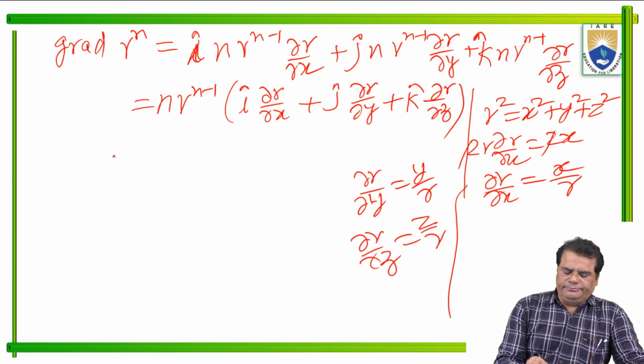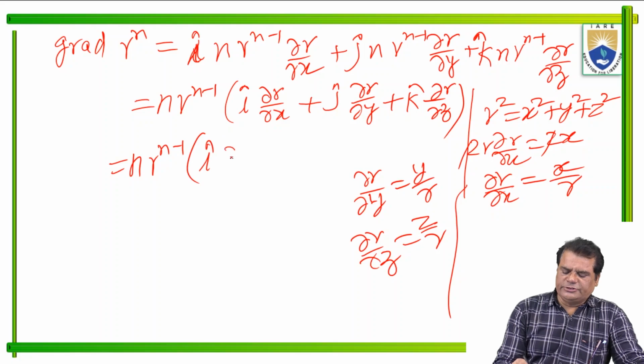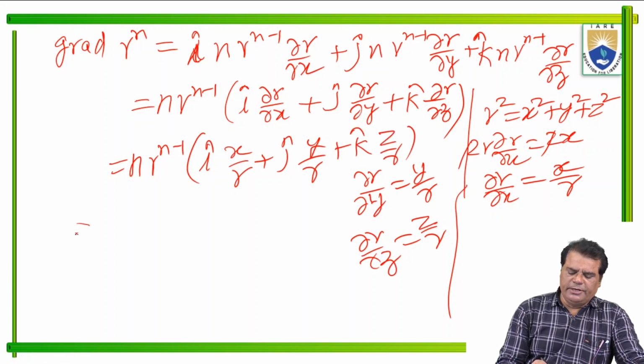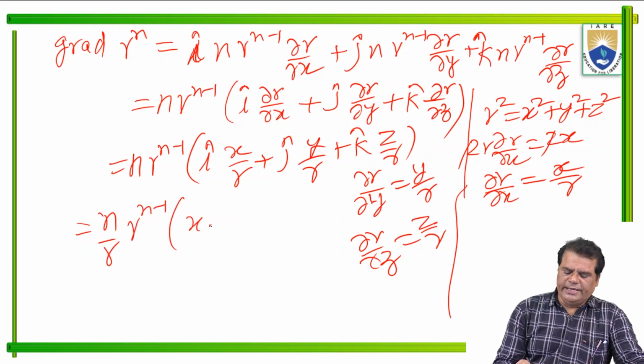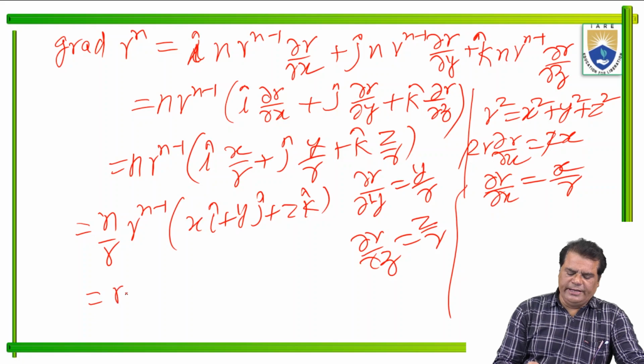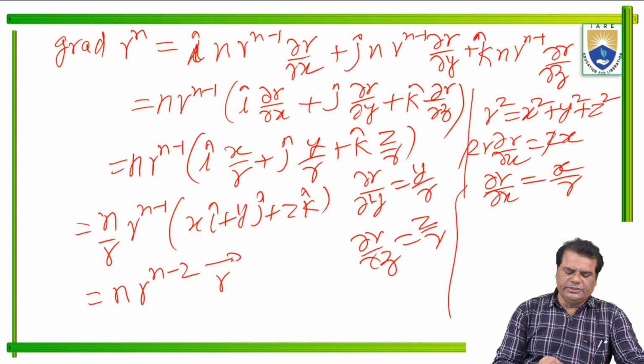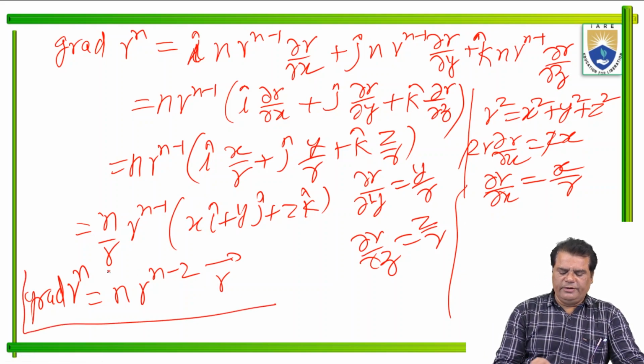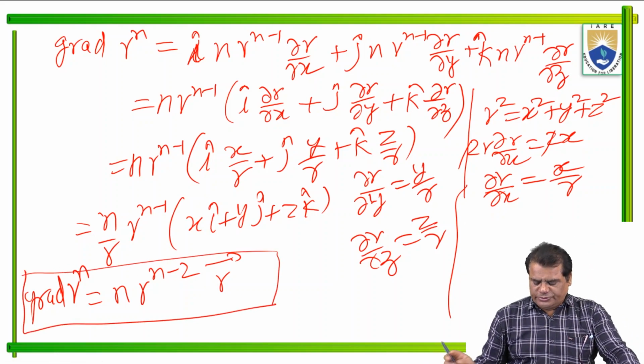Putting these values here, n r to the power n minus 1 times i x by r plus j y upon r plus k z upon r. So 1 by r is common, giving n r to the power n minus 1 over r times xi plus yj plus zk. So here we get n r to the power n minus 2 and this is the vector r. This is grad r to the power n. First of all, we find this result. Now the second result is